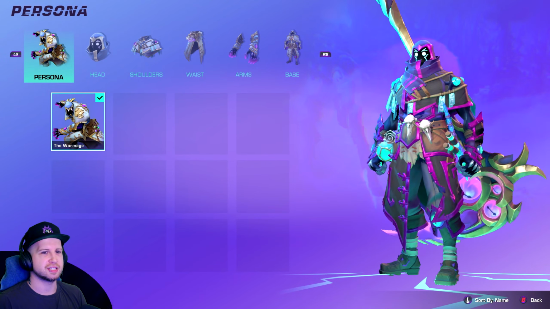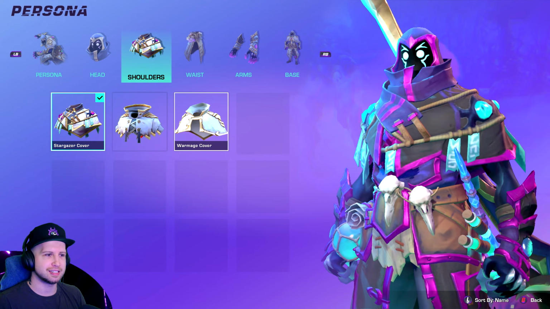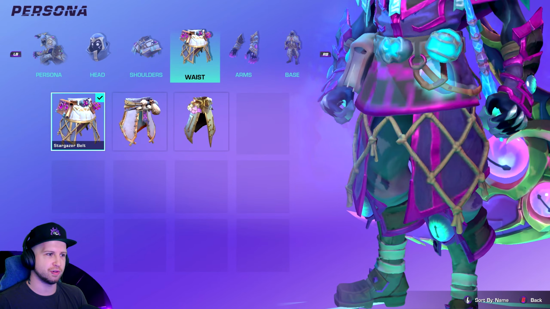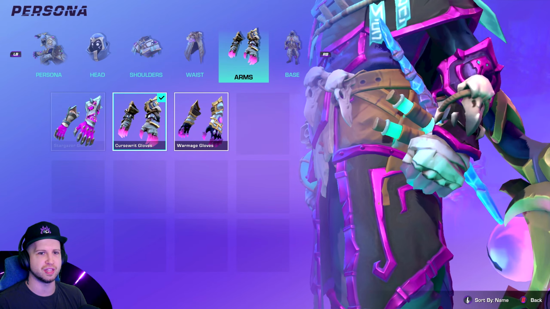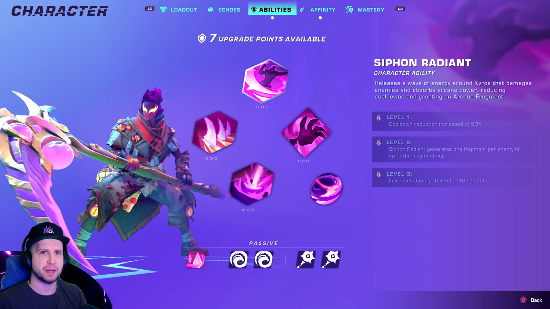Now let's move on to the style of the guy, which I think looks absolutely awesome. He's got lots of different looks to him and kind of just has that swag to him that could end up being quite meme worthy. Some of his costumes are going to be out of the cash shop specifically. Now, if we look at the heroic version of Kyros, which is the pay-to-win version,